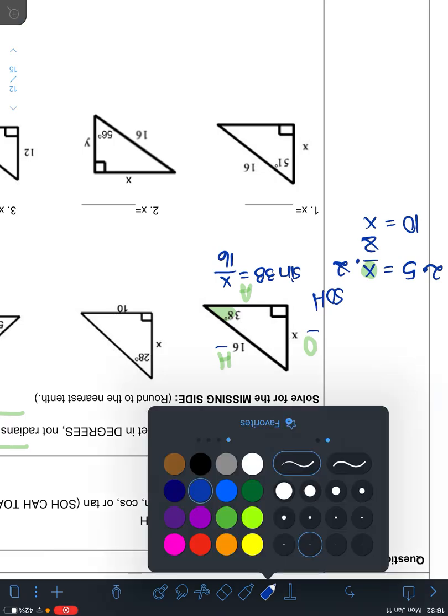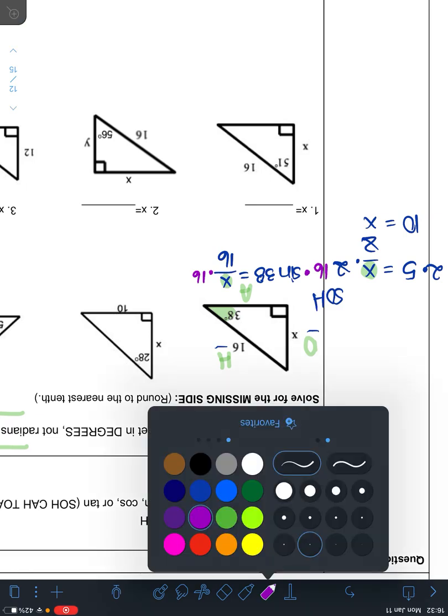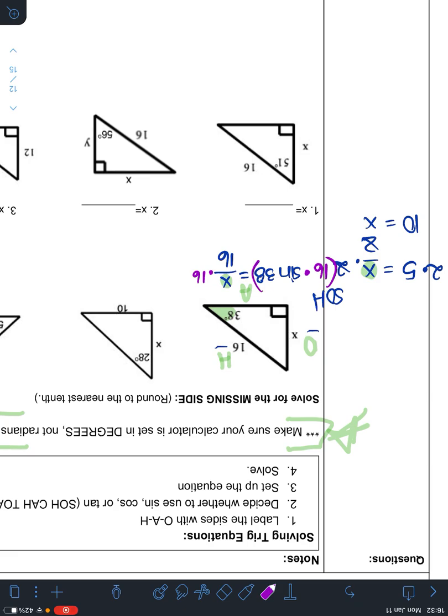So now we're going to apply that same idea over here, and notice your X is on top, so I want to isolate that variable. So that means I want to get rid of that divided by 16. So I'm going to multiply by 16, and I'm going to multiply by 16. And then the good thing is then you can type all of this, 16 times the sine of 38. You can type that into your calculator just like that. 16 times the sine of 38, and you get